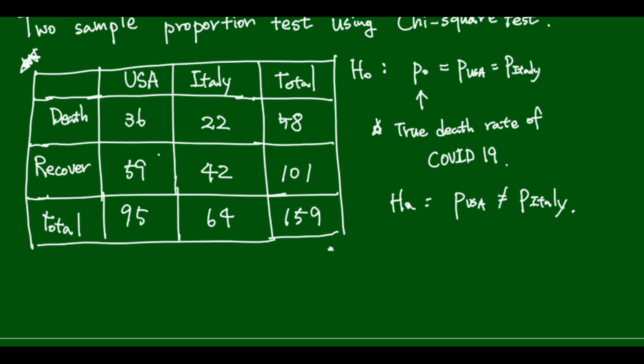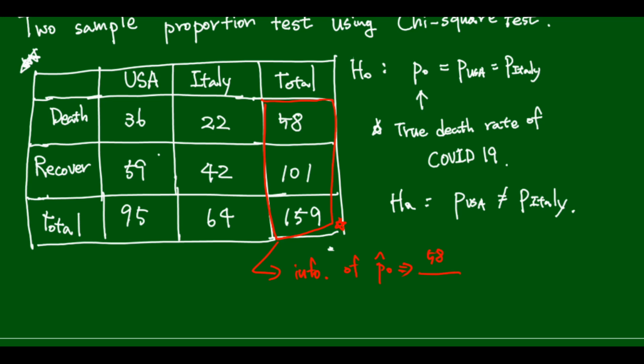When we look at this column, it will give you some information of true P. So what is the true P here? I mean, if you try to estimate the true P using this column, I would say P naught hat will be